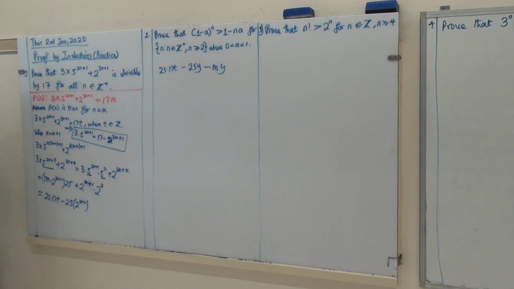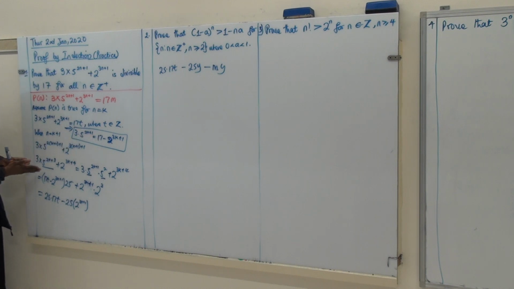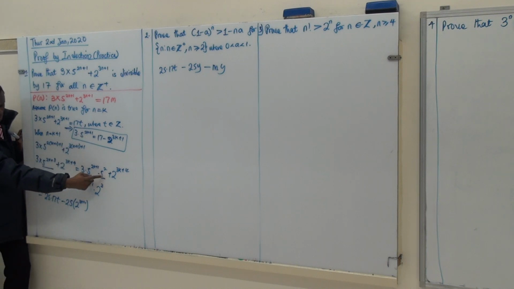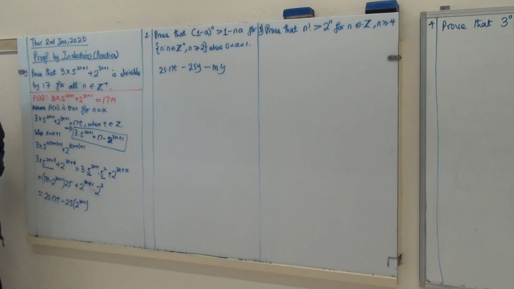Does that make sense? So the reason we separate them is because of what we want to substitute. We are substituting 3 times 5 to the power 2k plus 1. But what we have here is 3 times 5 to the power 2k plus 3. So to make it look like that, we separate them into this and what makes it complete. Do you understand that? Okay. So now, this part now